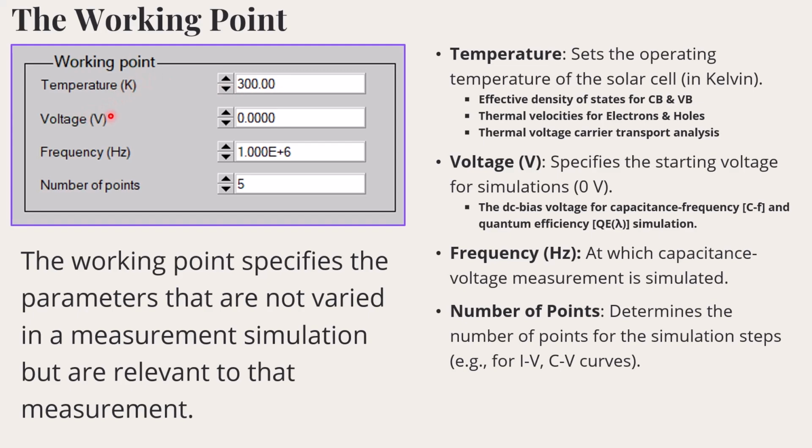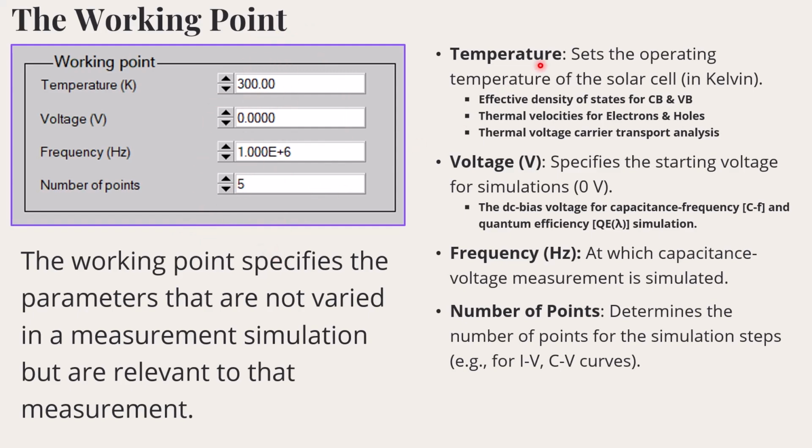The voltage can vary, but usually once you launch the software, it's preloaded to 0 volts. The frequency is also preloaded and the number of points is also preloaded. These are standard conditions that are used for simulation. There are cases whereby you will need to change the values, but for the start, we will be using